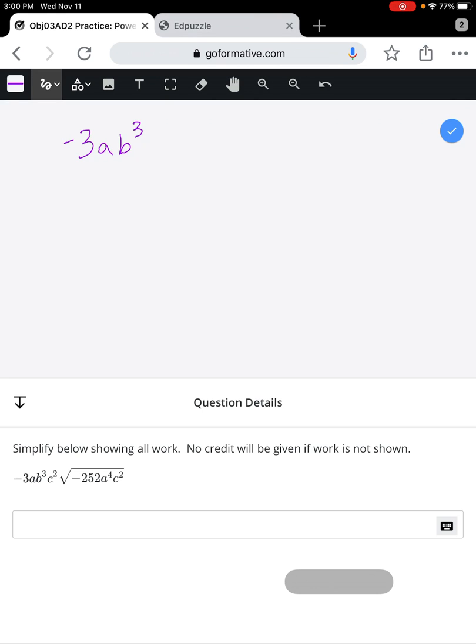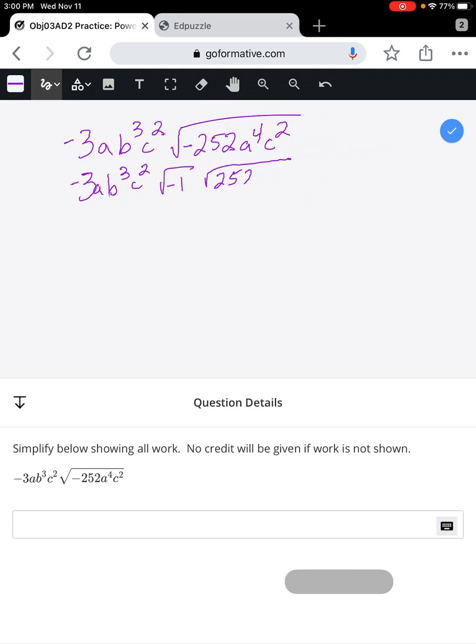Okay, next one right here, I have my -3a b cubed c squared, radical -252 a to the 4th c squared. So same thing, -3a b cubed c squared. I have my radical -1. And then I have to simplify the 252 a to the 4th c squared. So I'm going to do that over here. So I have my 252